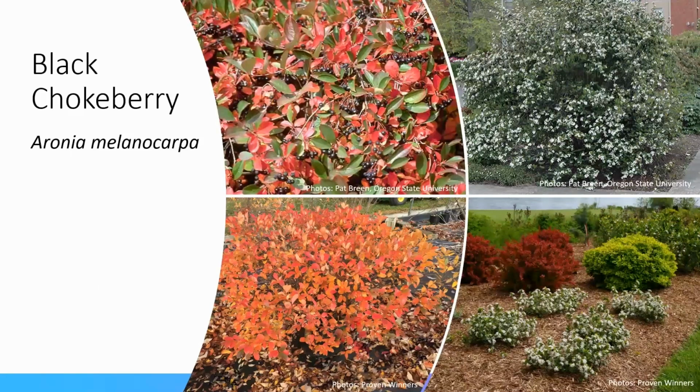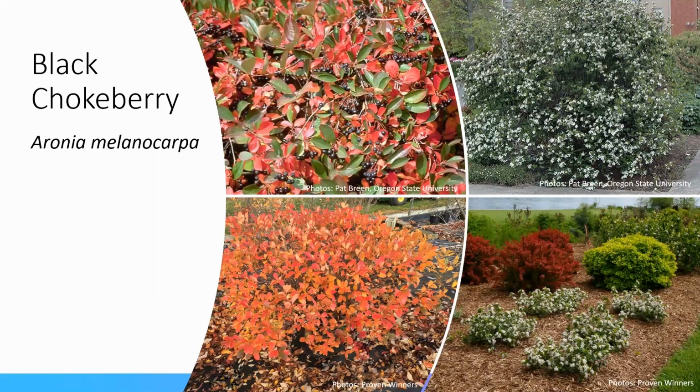So the top two pictures, these are the straight species, Aronia melanocarpa. As you can see, in the upper right picture, white flowers in the spring. Throughout the summer, the shrub has nice glossy leaves. It will develop a beautiful red fall color, and it'll have these dark berries that are excellent wildlife forage. Now, if this shrub, which would probably be a little bit over my head in terms of its height, is too big for you, remember, we're talking about barberry here, and some of these can be pretty small.